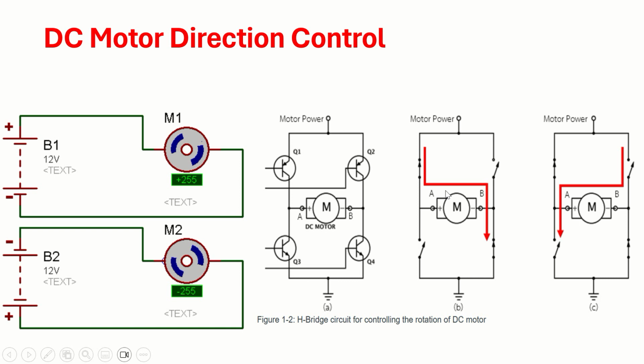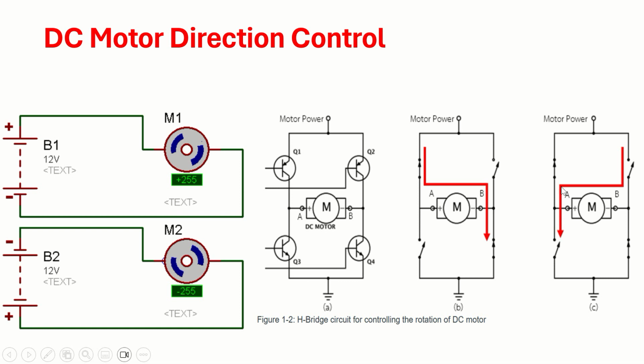So this transistor is on, this transistor is off. Then the current will flow from positive through the motor like this and then back to the ground. So current is going in one direction. The motor will start rotating in one direction, let's say clockwise. If you want to reverse the direction of the motor, then you do exactly the opposite. Earlier these two transistors were off. Now you make this transistor on, and this